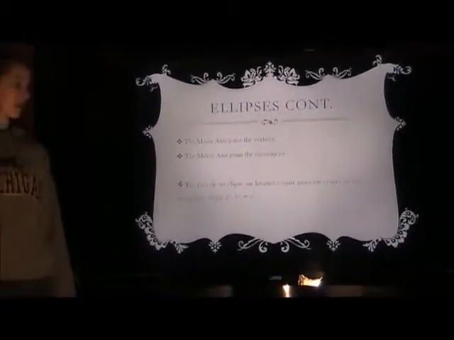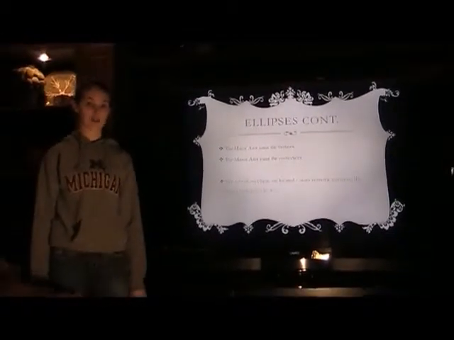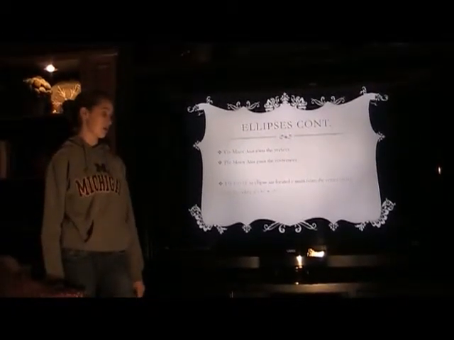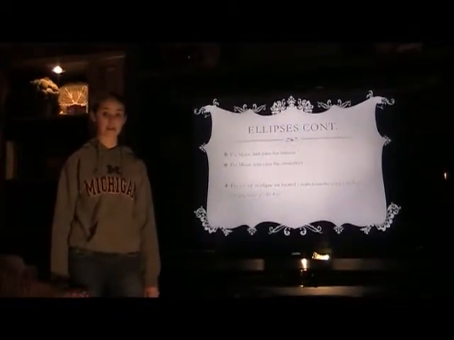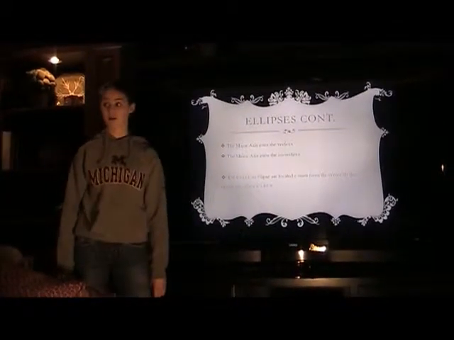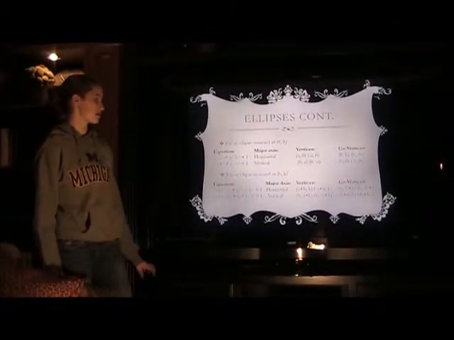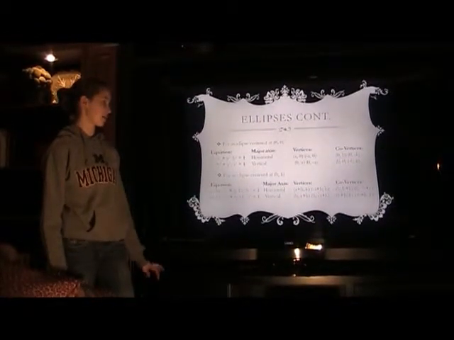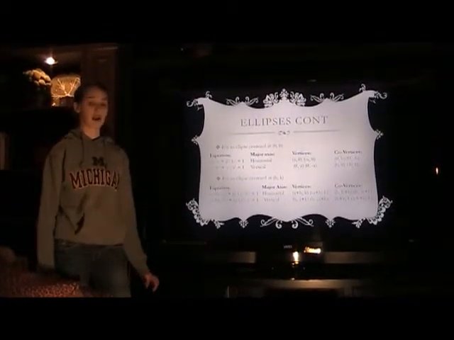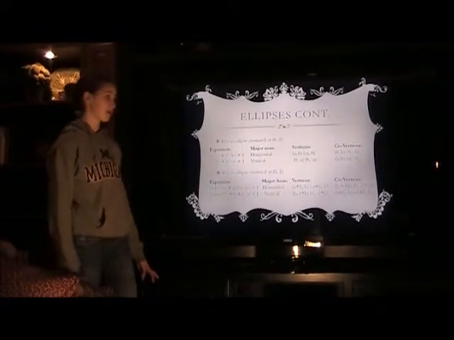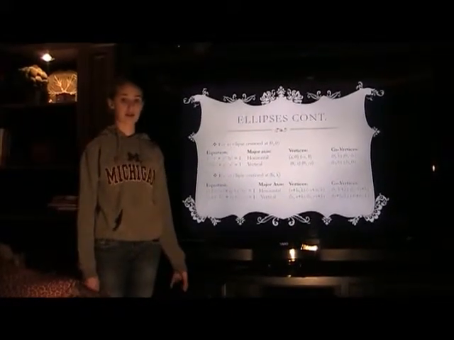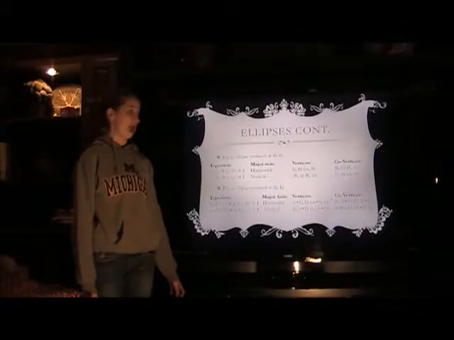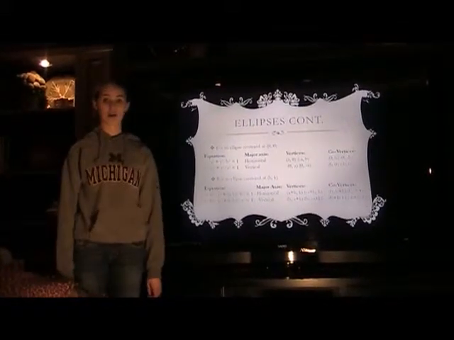The foci of an ellipse are located c units from the center on the major axis when a squared minus b squared equals c squared. For an ellipse centered at 0, 0, the equation is x squared over a squared plus y squared over b squared equals 1 if the major axis is horizontal. The vertices will be at a, 0 and negative a, 0, and the co-vertices will be at 0, b and